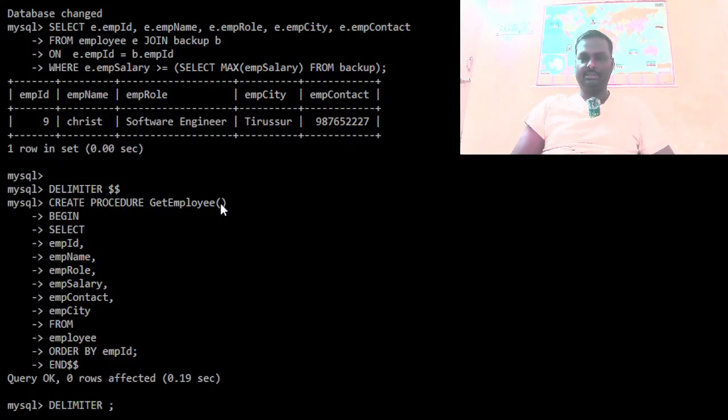You can also pass the parameter in the stored procedure. That's a procedure. Okay. Next line we want to give a begin. This begin and end, as we are giving begin before the delimiter, we want to provide an